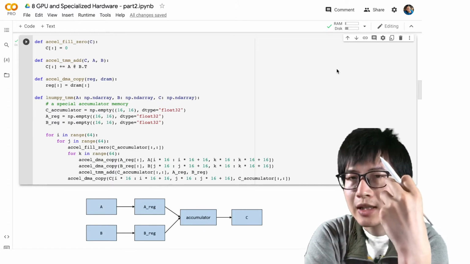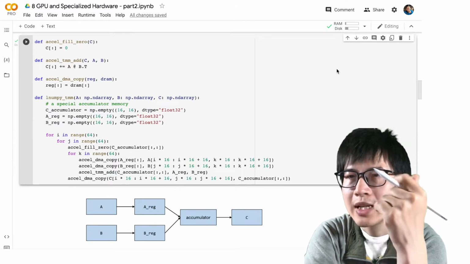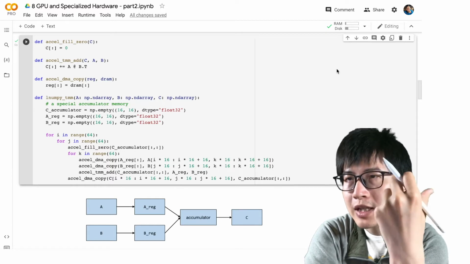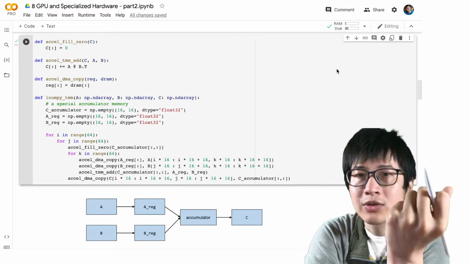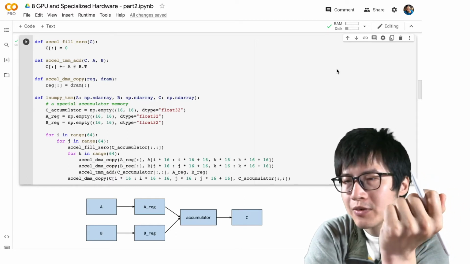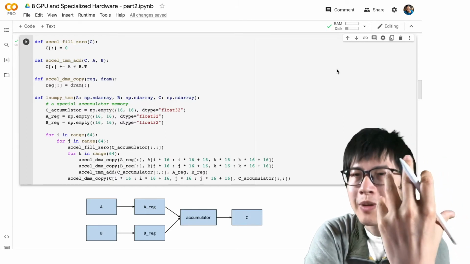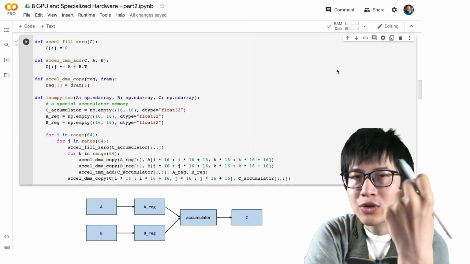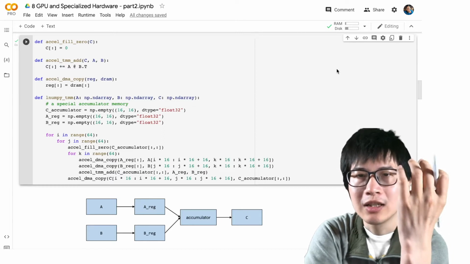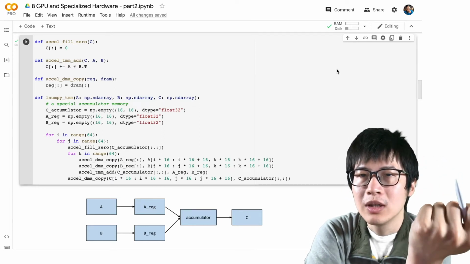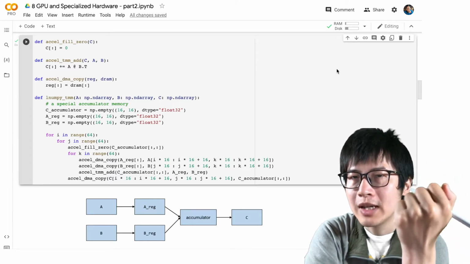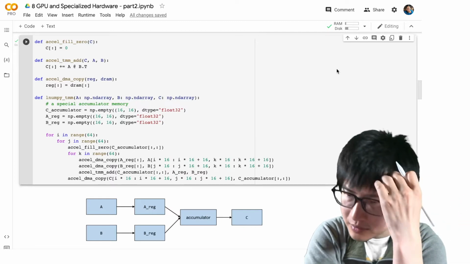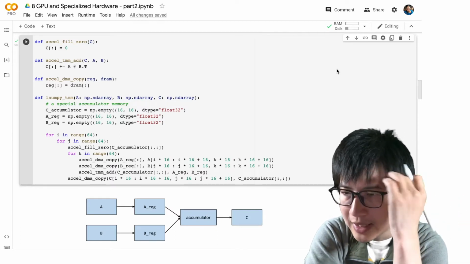So this particular hardware contains several key components. I'm going to walk you through the code itself. This particular code, of course, is implemented in Python. It can be run in Python or structured in a way such that we can easily also map it to a possible code that runs on an accelerator. So first thing that you might notice is that